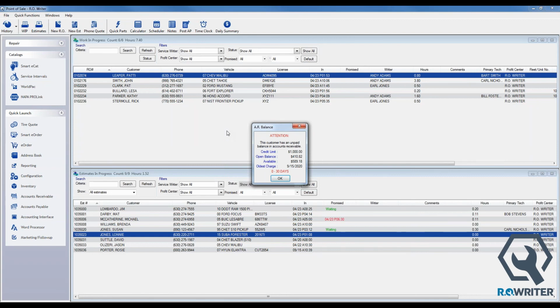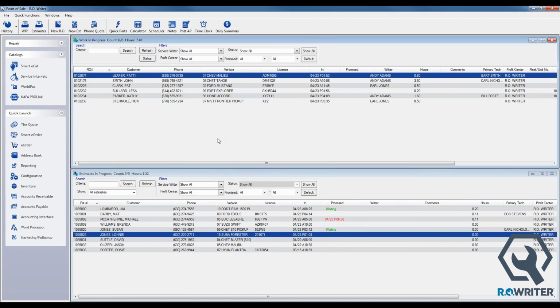$589.18 available. Since the oldest charge was today, it falls into the 0 to 30 day bucket. What it will do is it will tell you, and it's based upon the oldest charge. So he's got charges over the last 120 days, and they've all been spread out. Some of them last week, some of them a couple months ago, some of them 4 months ago. Based upon the date of the oldest open charge is what will show at that bottom, 0 to 30, 30 to 60, 60 to 90, or 90 plus, just so we can tell whether or not they're paying their accounts